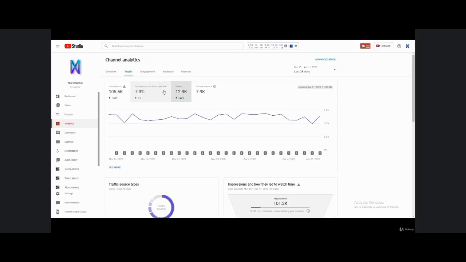This means that the higher the number, the better. 7% is fairly average, and I would say even more on the upper part of the average. Usually the average is around 2 to 10%. So 7% is really good. And just realize, don't